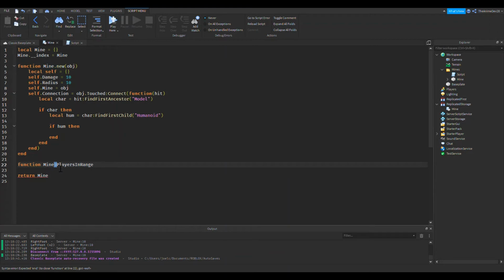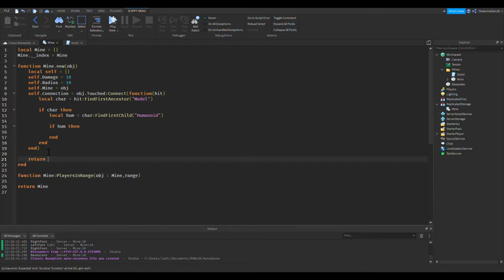And I'm setting the colon here because I want to be able to use self, which is just the object which called the function. So we're going to have that and then range. Keep in mind, having the colon is basically the same thing as if I were to put a period here and type in object mine. So I'm just not going to pass this through as a parameter. Instead, I'm just going to use a colon here, which automatically passes through self. And by the way, all of this is possible. Actually, speaking of which, I forgot to do this.